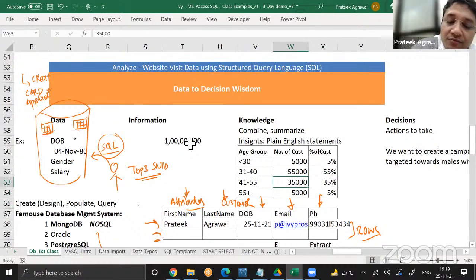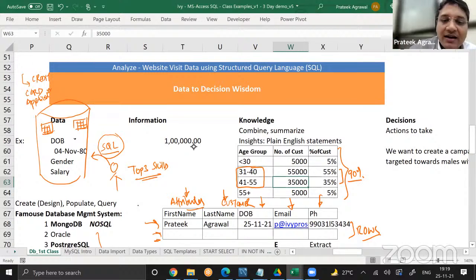Once you have this kind of knowledge in front of you, you can easily create an insight. You will say that 90% of my customers were aged in this age bracket. Further simplifying it, make it a plain English statement so that the CXO of the